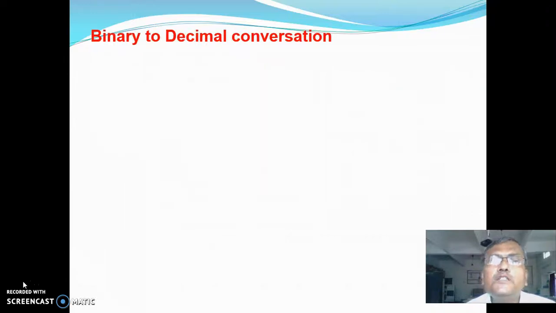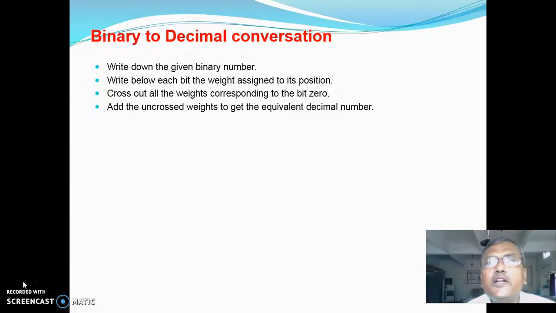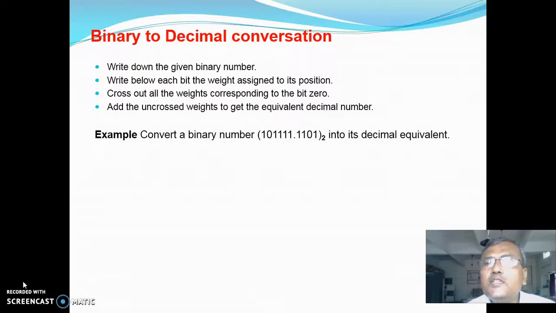Now similarly we consider the binary to decimal conversion here. The procedure is very simple. We write down the binary number, then we write down the weight of each binary digit according to its position, then cross out the weights corresponding to the 0 bits and add the uncrossed weights to get the equivalent decimal number. For example, we consider this number